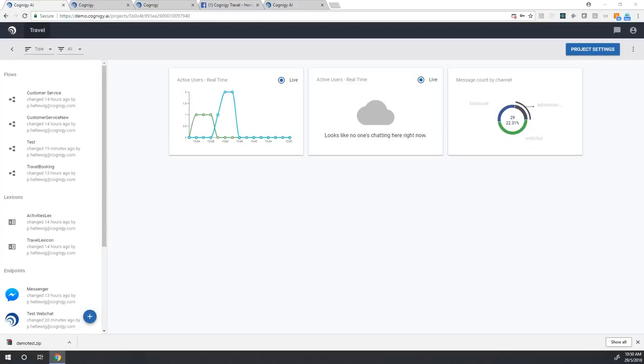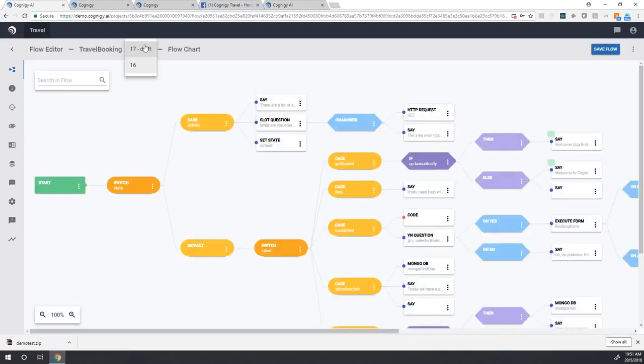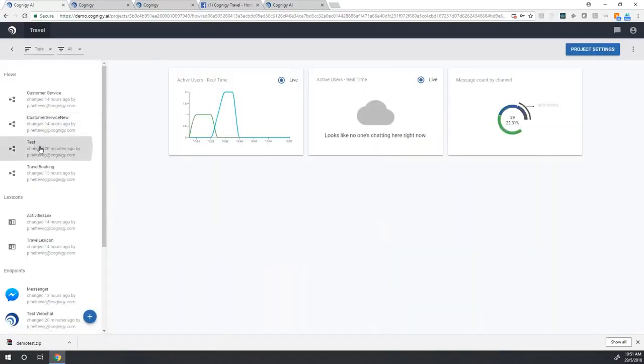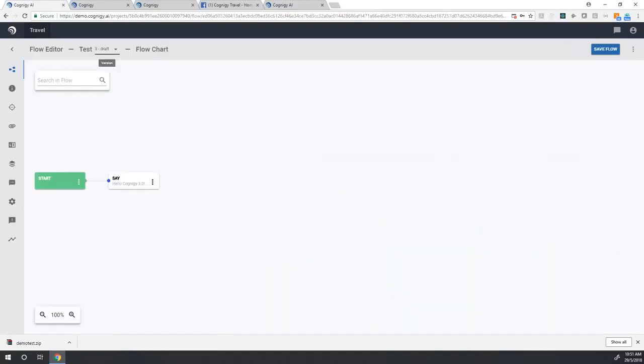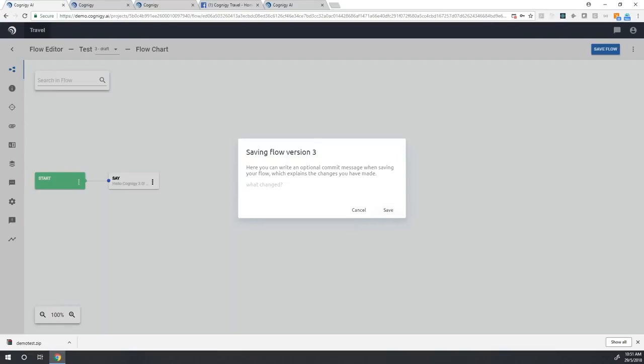The other question was, is it possible to have a version control system like Git? We cannot have something like Git because the things live inside of Cognigy, of course, but you do have a version control system as in the versions that we have here for the different flows. And if you have a saved version, so a final version, so right now this is version 3 draft, and it says, hello Cognigy 3, you look awesome. If I save this version, I can put a commit message in, let's say final,